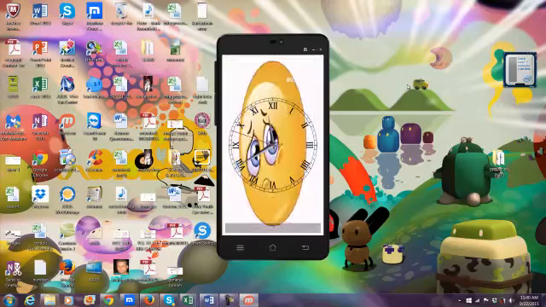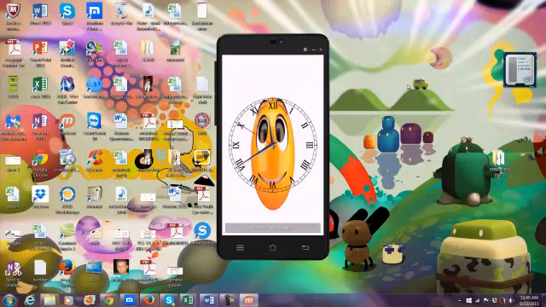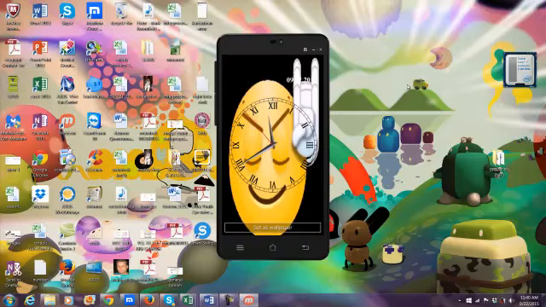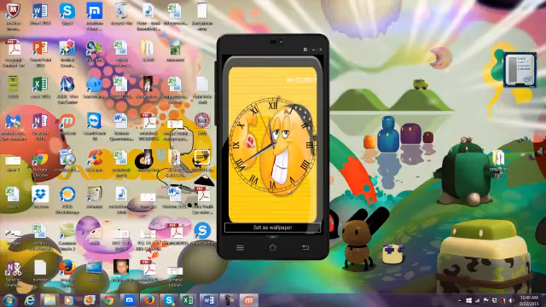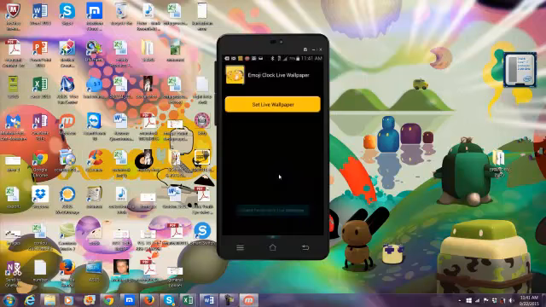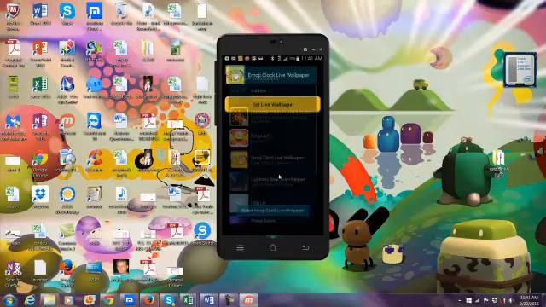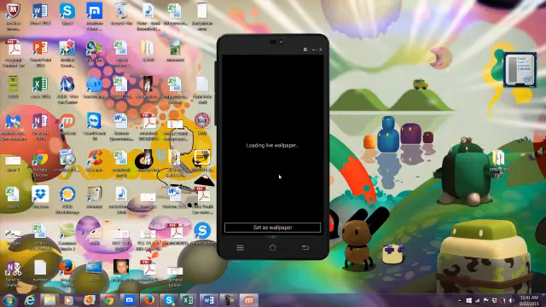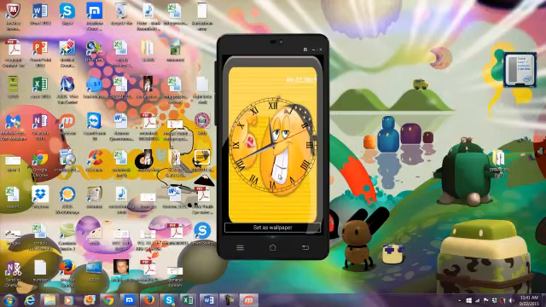And these are all the images that you integrated into the clock live wallpaper. Now, how much fun can you have if you can change the images to anything you want, any clock dial you want? You really can have a lot of fun. So let's go ahead and set the wallpaper. And I'm going to set it. I'm going to set the live wallpaper on my phone. And here you go. You got the live wallpaper